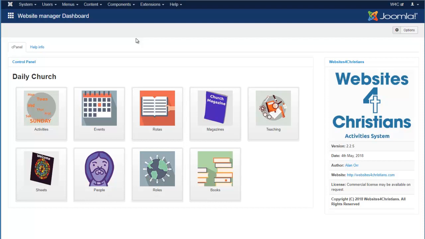You can see it's quite easy to navigate: activities, events, rotas, magazines, teaching and sheets. I'll go through briefly now what each of these is, and then we'll provide more videos that go into far more detail about each of them. So if we look at activities first of all,